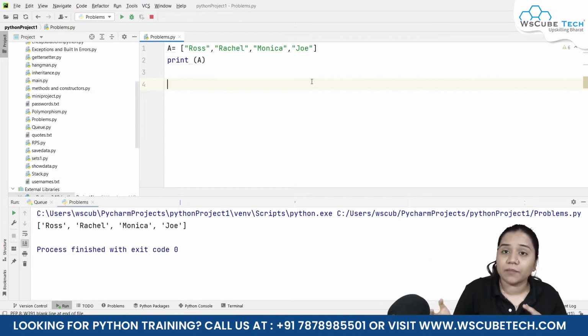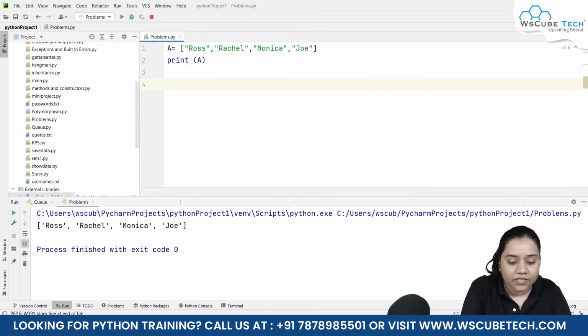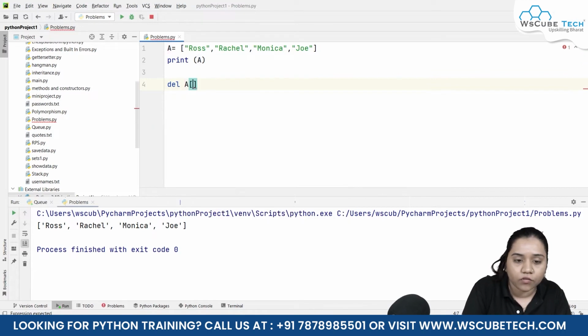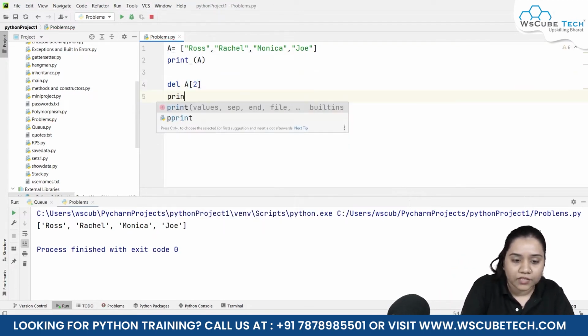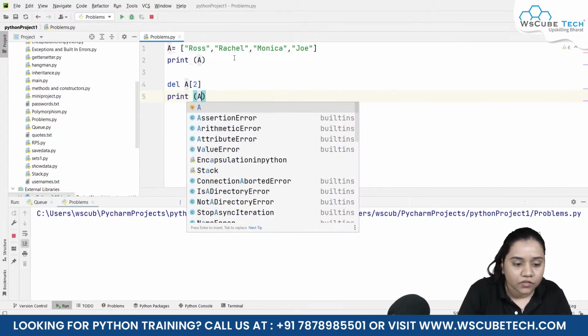What if we want to eliminate a value which is in the middle of the list or which is at a defined position? For that we will be using a delete function over here. I'll be writing delete a, and the third element would be our Monica, which is at index 0, 1, 2. I'll be writing 2 over here,